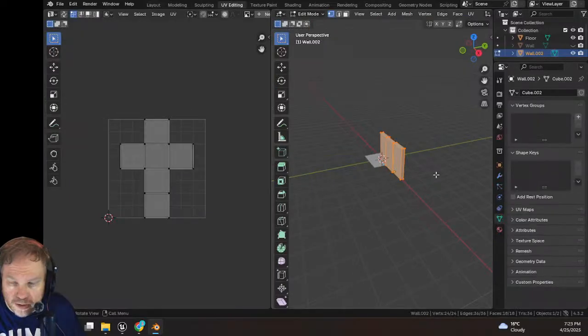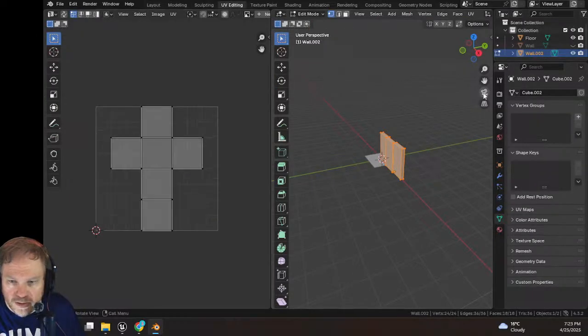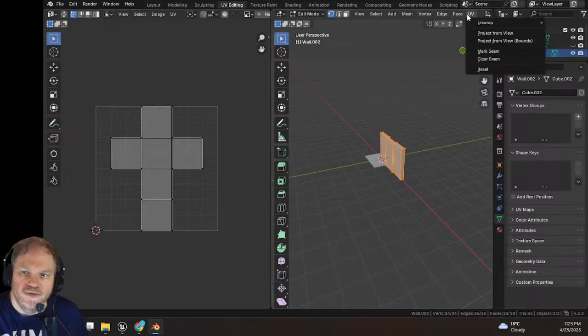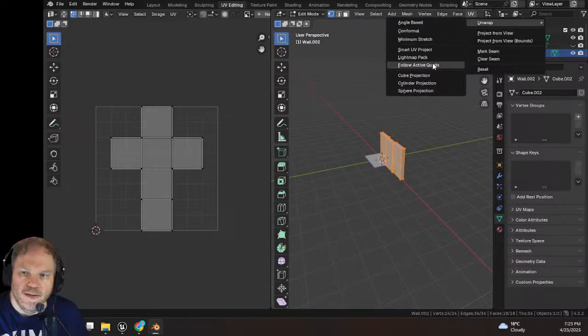Botch a lot. It shouldn't be fine because now we aren't squared anymore. So let's do a quick UV unwrap. Smart